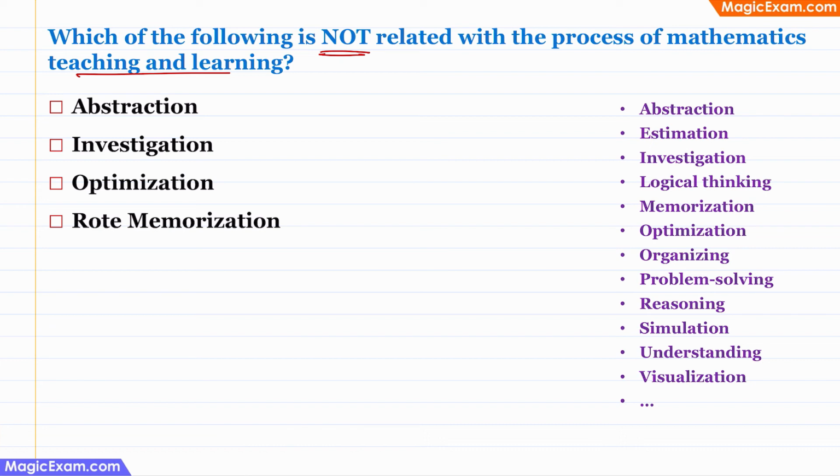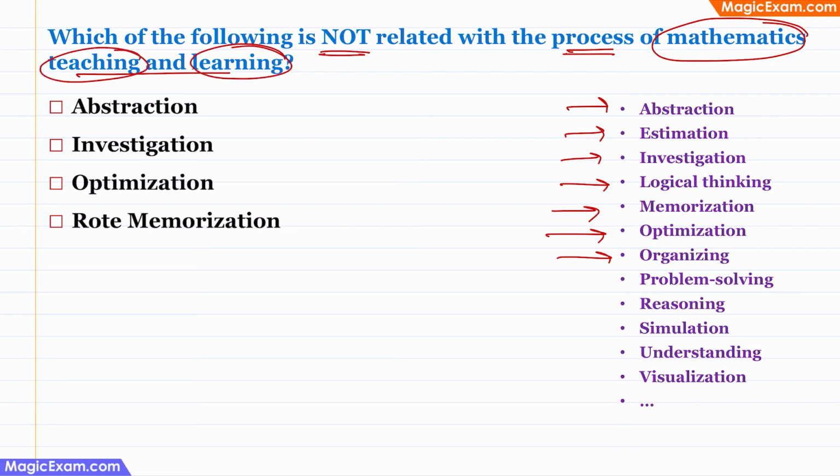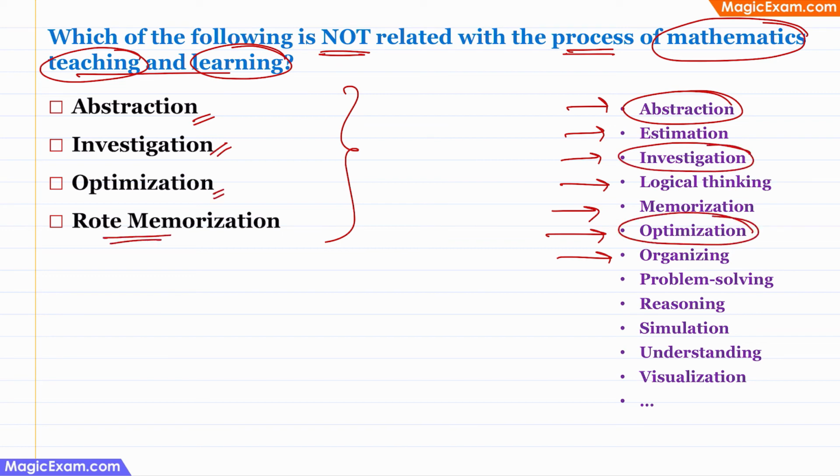Which of the following is not related with the process of mathematics teaching and learning? Now, there are a number of processes that are part of the mathematics teaching and learning, that is abstraction or estimation or investigation, logical thinking, memorization, optimization, organizing. So all such processes are used in mathematics. Therefore, they are part of the mathematics teaching and learning. Now we have to identify which of these given options is not related to the process of mathematics teaching and learning. So abstraction is included, investigation is included, optimization is included, rote memorization is not included,